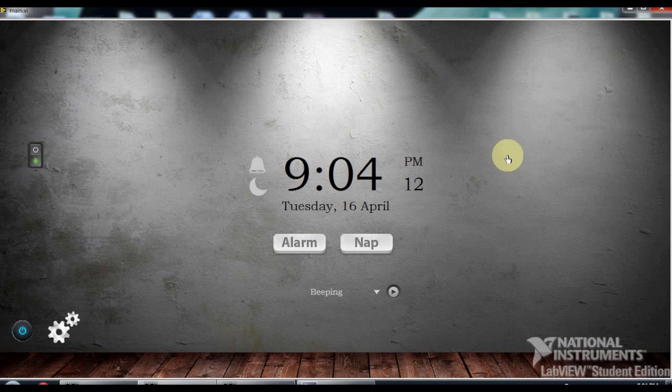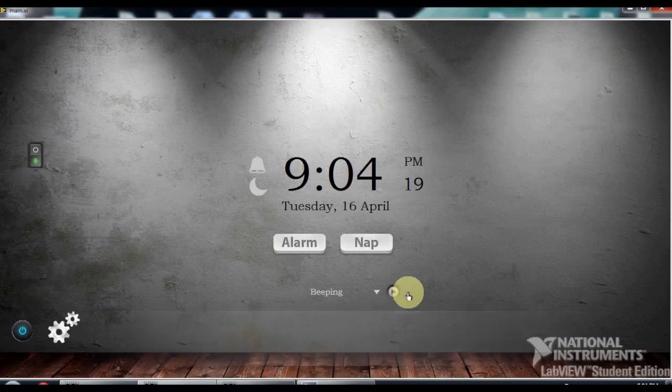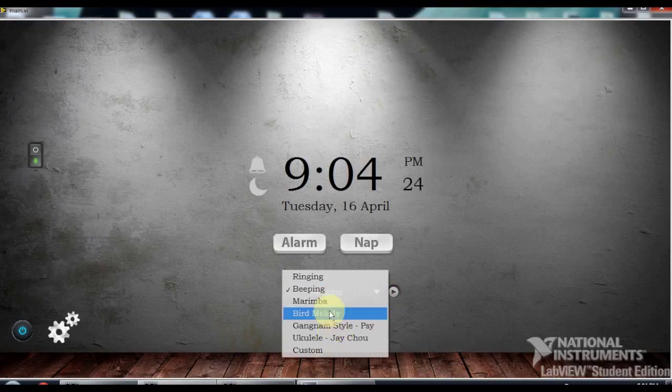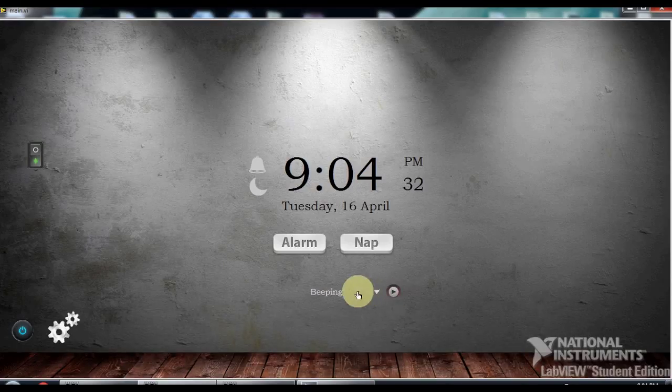You can also choose the alarm tone at the bottom here. In order to help you select the music better, we have a preview button to listen to the alarm tone that you have selected, so that you know what you are getting into. We have a variety of tones for different people, like the normal alarm tone, like the bird melody,